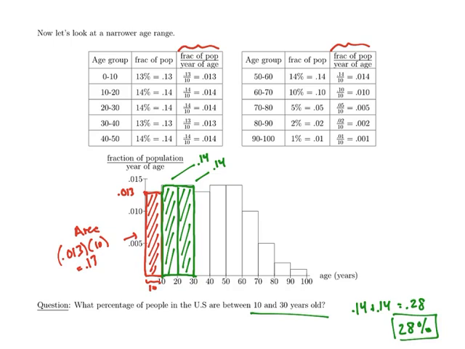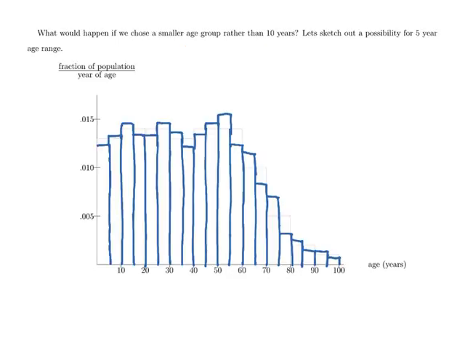So let's continue this process. Let's even narrow the age range a little bit more. Let's do 5 years for each age range. This time we're going to have 20 bars here. I'm not going to have the whole table, and in fact, this is not going to be quite accurate. It'll be sort of the same here. Note that if we look at one of these bars real quick,